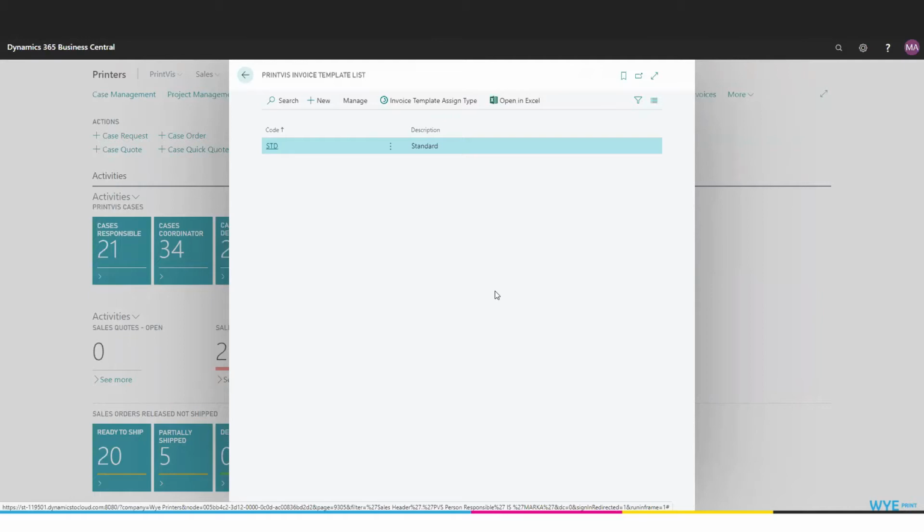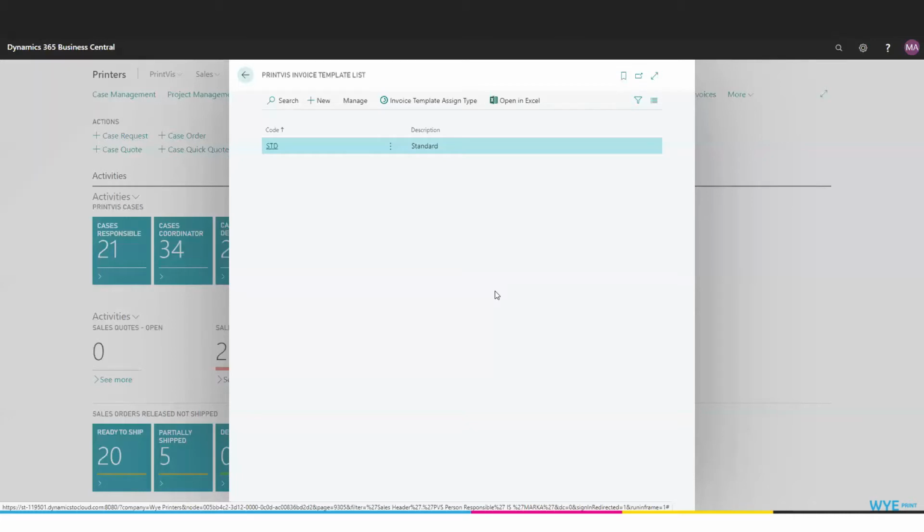You can create as many invoice templates as you'd like and have one for standard jobs, one for your eco-label jobs, such as your FSC or SFI jobs, where certain information has to be included on the invoice, or even customer-specific invoice templates where your customer has specific invoicing requirements. So there's a lot of flexibility in the system, and it allows you to do various things with the layout